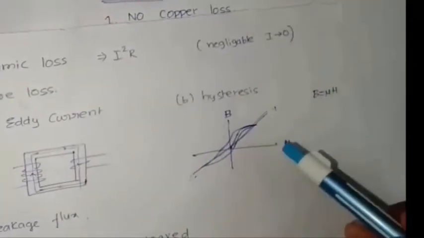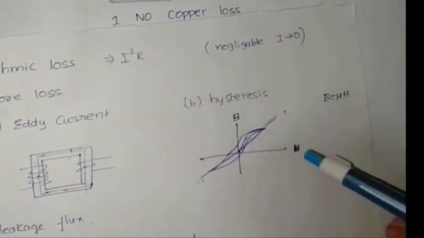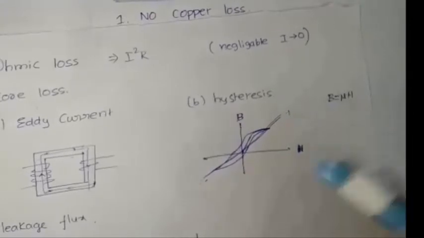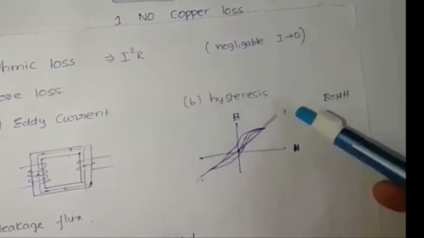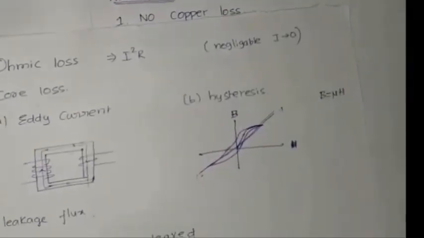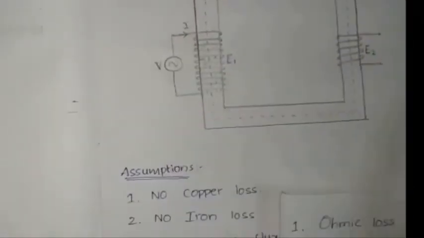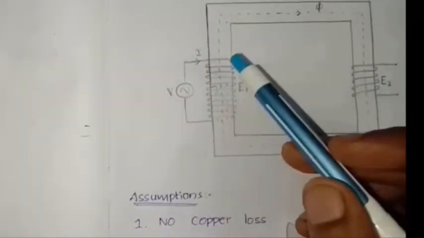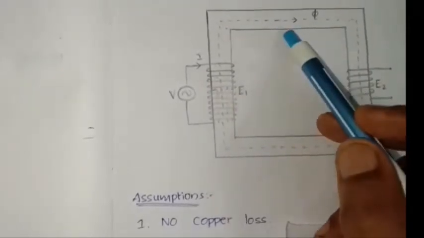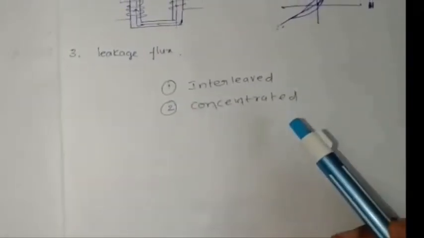Hysteresis. Hysteresis is a curve drawn between external magnetic field and magnetic field inside the core, also called the BH curve. This loss is small when the curve is narrower, that is, passing through the origin. B is equal to mu H. If you remember, we used this equation B equals mu H to draw phasor diagrams previously. This can be minimized by using silicon steel. Leakage flux. It is not sure that flux generated by the inductor is completely linked with the core. Some flux may leak into the air. This can be reduced by interleaved and concentrated windings.